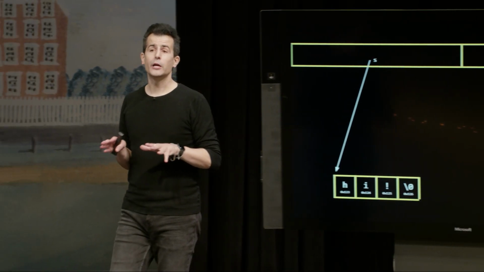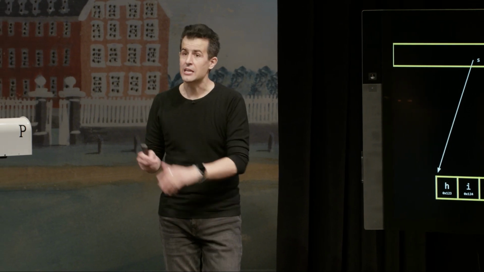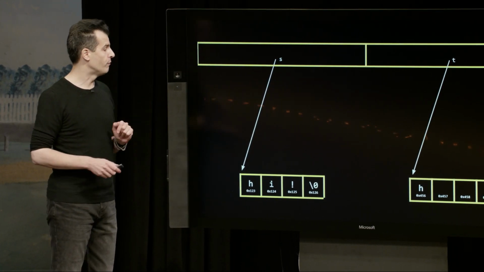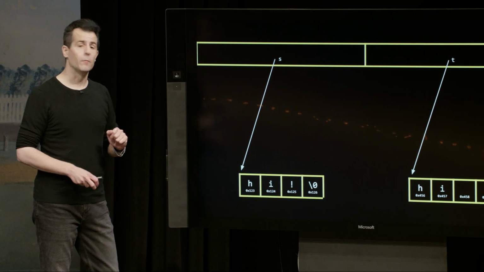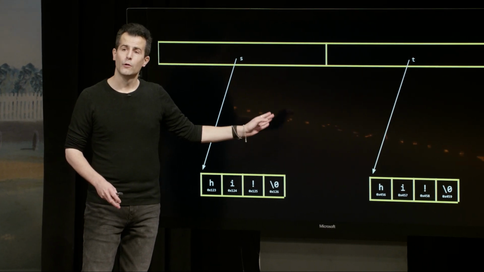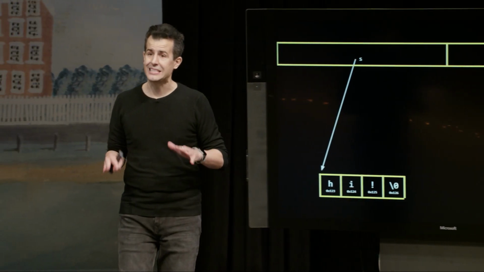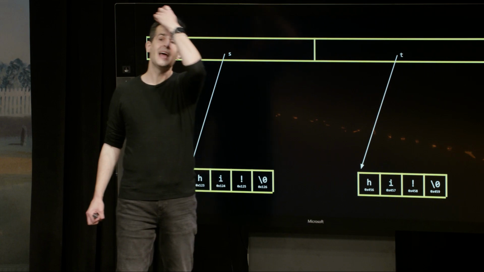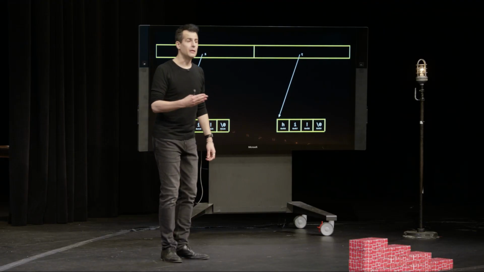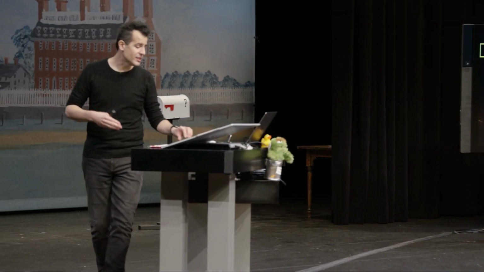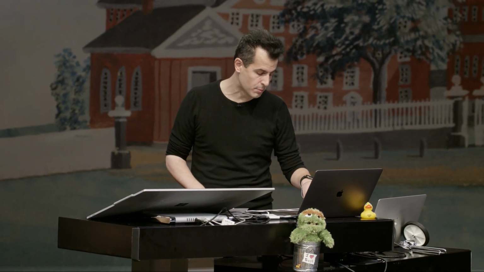So now, if I go about copying s into t using strcpy, or more manually using my for loop, what happens? Well, I'm copying the h over from s into t. I'm copying the i over from s into t, the exclamation point from s into t, and then lastly, the terminating null character from s into t. So the picture is now fundamentally different. t is not pointing at the same thing. It's pointing at its own chunk of memory that has now, one step at a time, been duplicating whatever was at the address s. And so this is what you and I as humans would consider presumably to be a proper copy of the program.